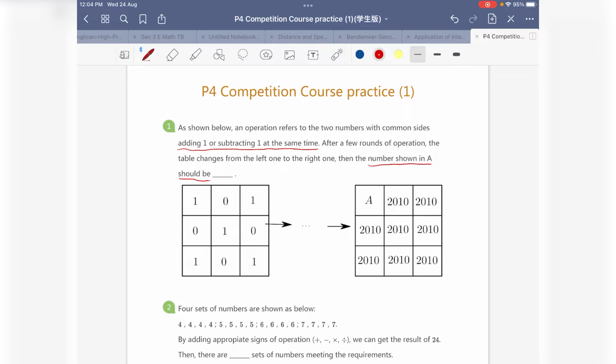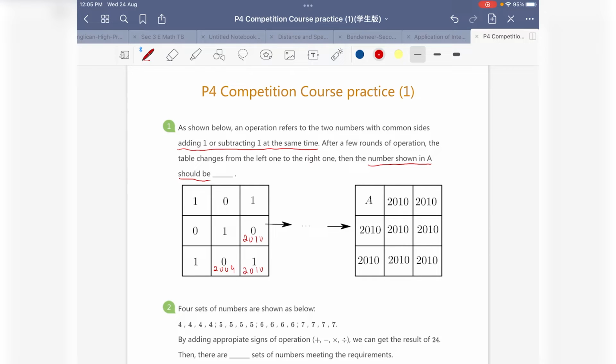So in this case over here, we can start from the right towards the left because we are always looking for the top left corner, and we want to try to make every single other box in this square 2010. So let's take a look at how we work on this. In this case over here, 1 to 2010, we can say affects the left box operation. In this case, we would have the left box being 2009. In the same fashion, the right side, middle right, 2010, we just need